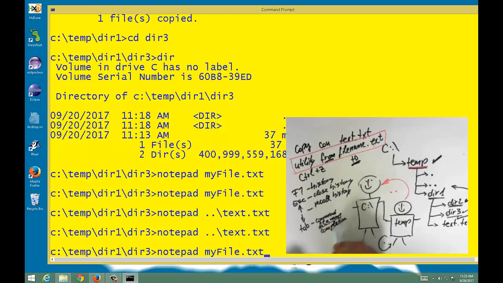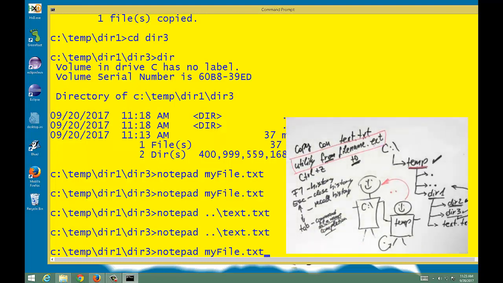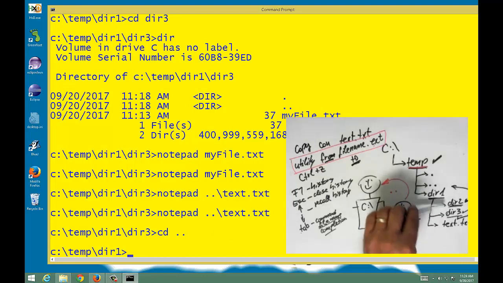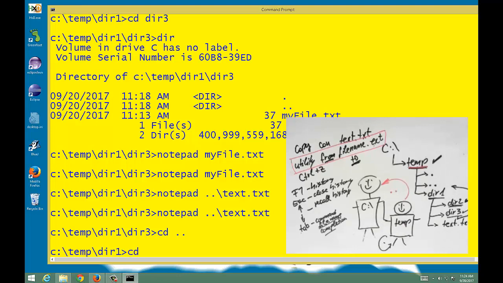Okay, so it will complete the file name, whatever the utility name or file name is. Okay, so let's go up one level. Let's do cd space dot dot. Okay, so we are in dir1. What do I have in dir1? Well, I have dir2 and dir3. So I can do cd space